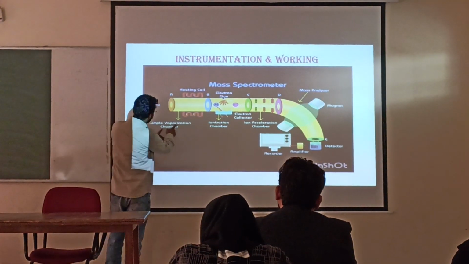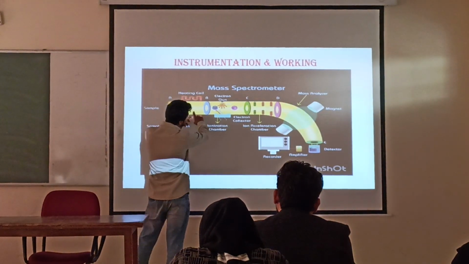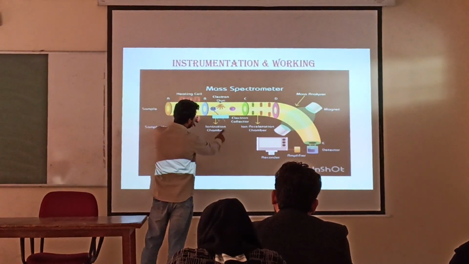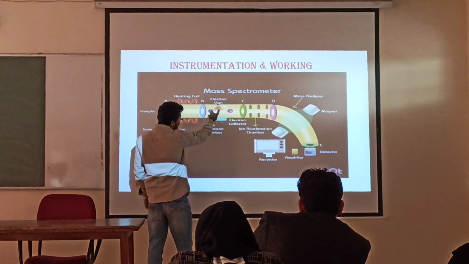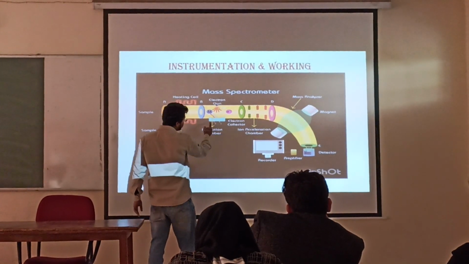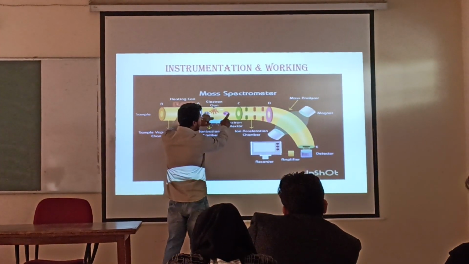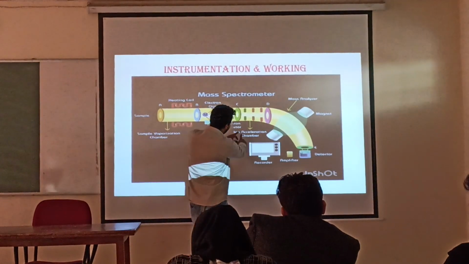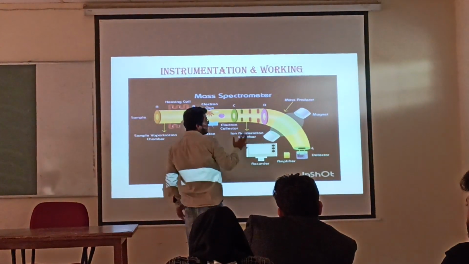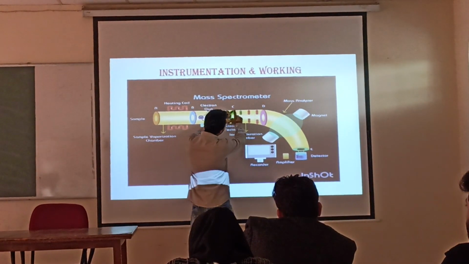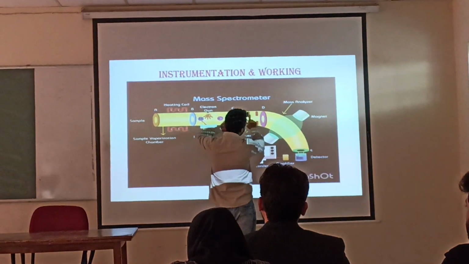In this vaporization chamber, the samples are converted into vapor, and then the samples are delivered into this ionization chamber. In the ionization chamber, electron guns are here to produce electron beams. High energy electron beams convert the sample into its cation along with some other fragments. And this chamber is the ion acceleration chamber, in which there are different electrodes arranged in such a manner that there are electric fields between C and D in the direction from C to D, by which the cations can be accelerated.